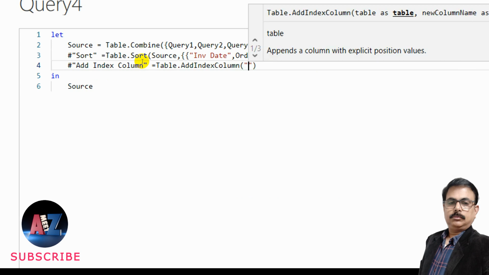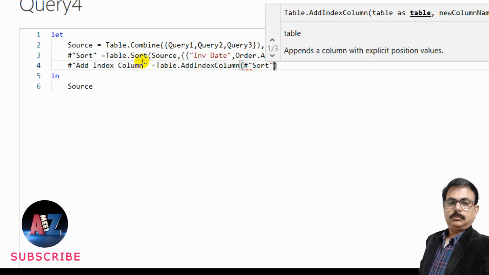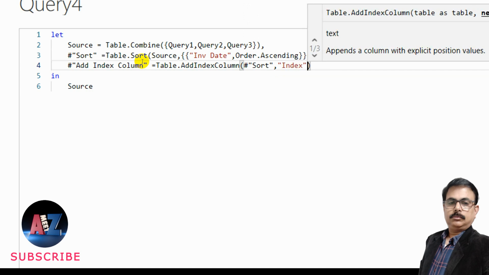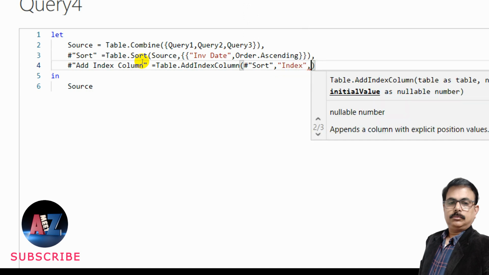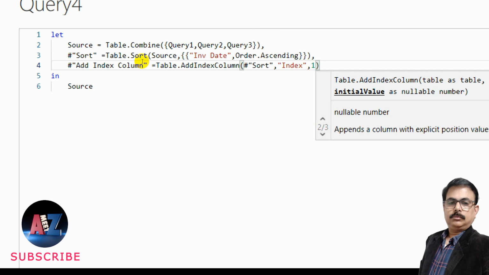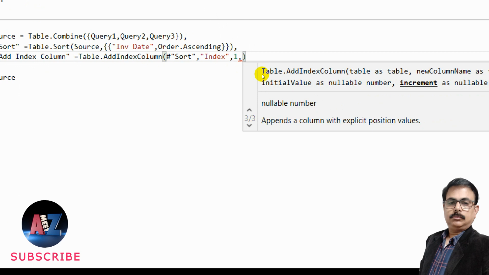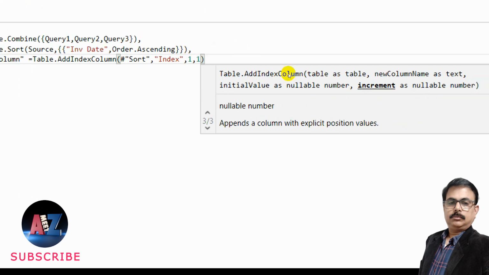Now it has to be like Sort, and then the column name you can give as Index or something like that. I'm just giving Index only. You can give any name, and then the initial value will be 1, and then the increment, I want 1, 2, 3, 4, 5, 6. So 1. So I'm done with it.